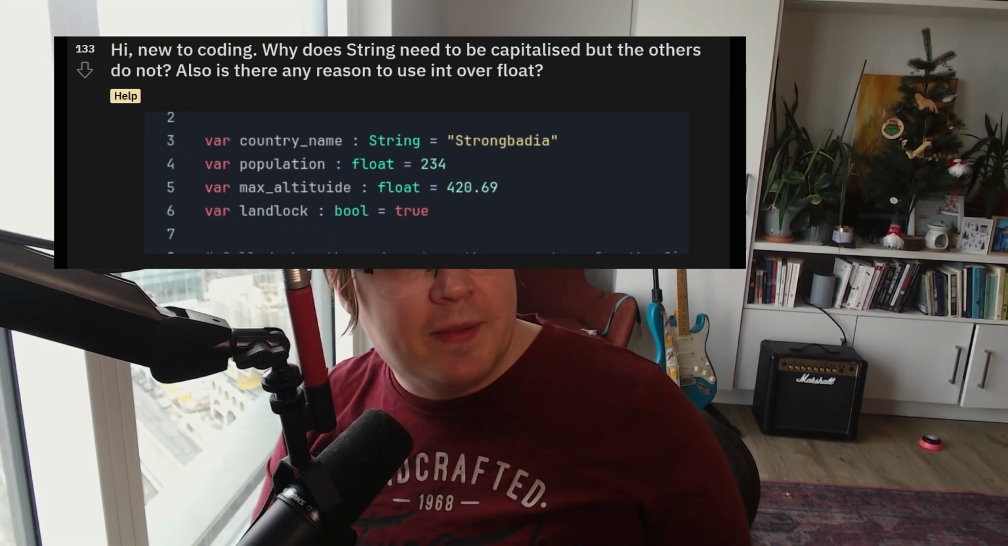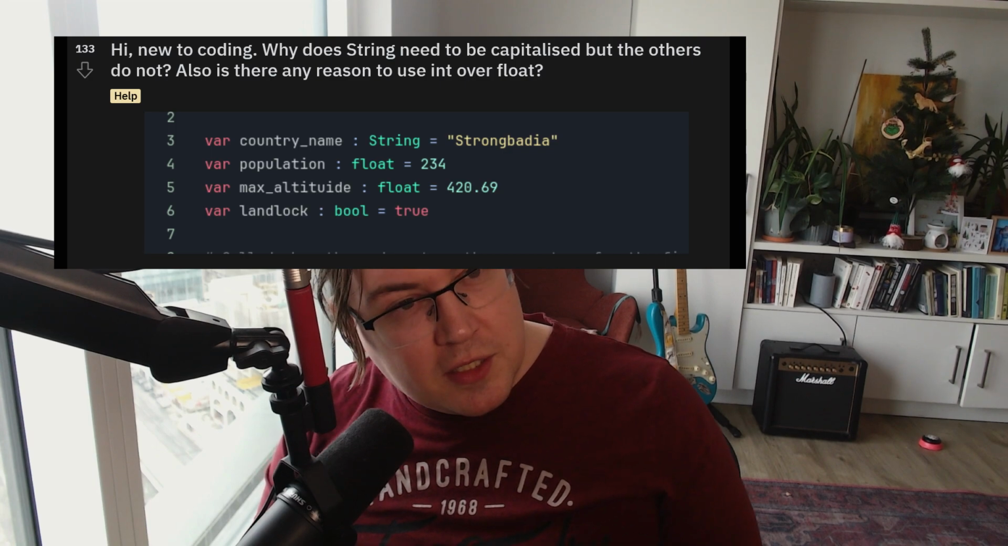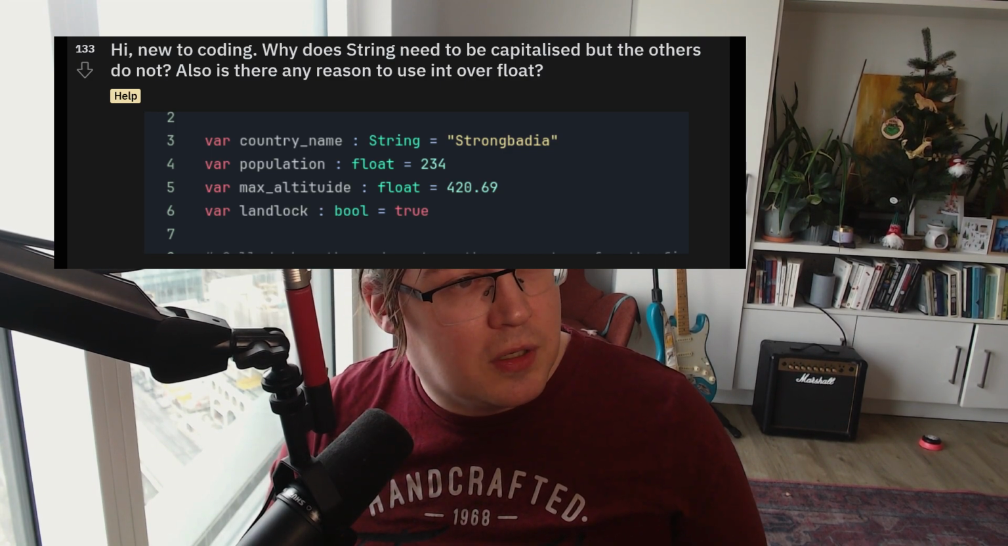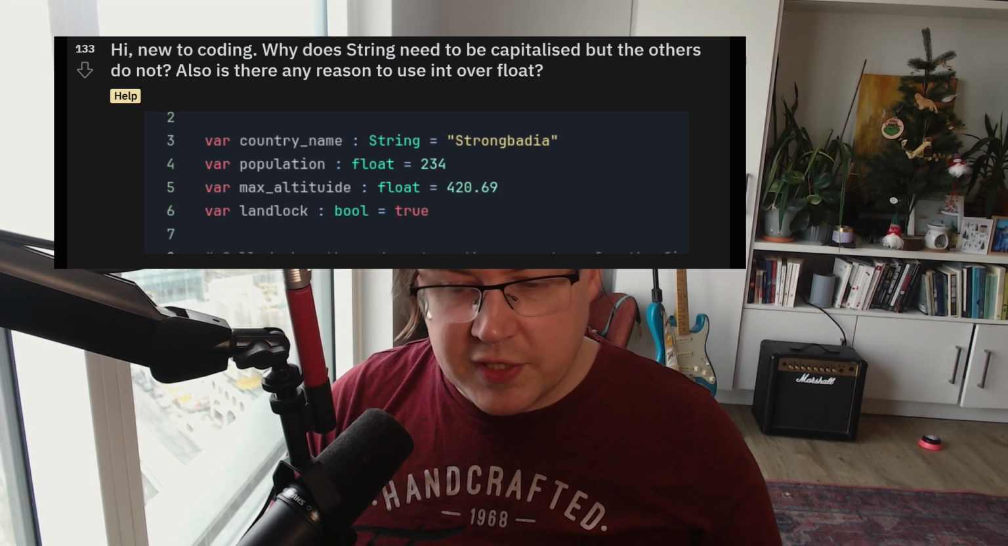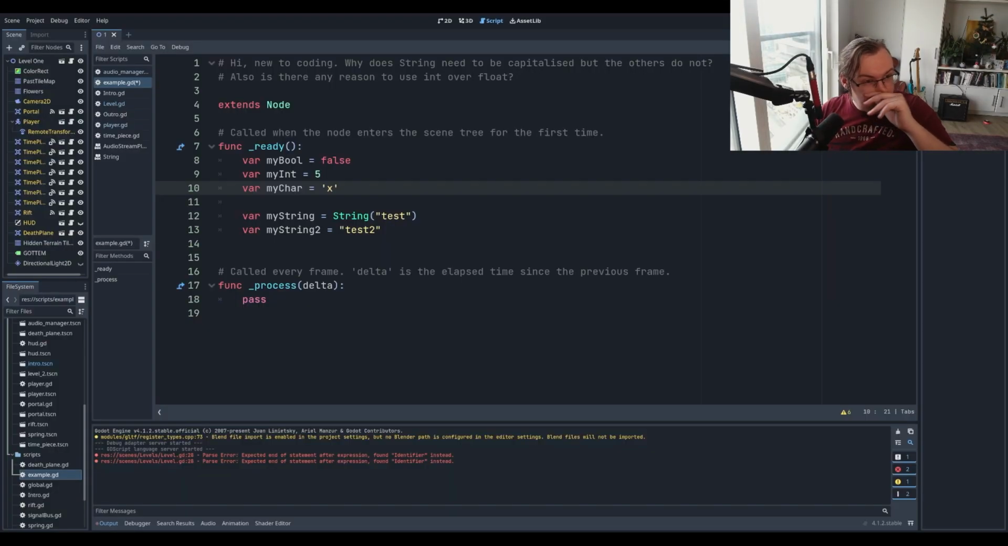Okay, this is a question from the Godot subreddit. "Hi, new to coding. Why does string need to be capitalized, but the others do not? Also, is there any reason to use int over float?" That's a very good question. Let's get to it. So, to your first question about string being capitalized versus others do not, it comes down